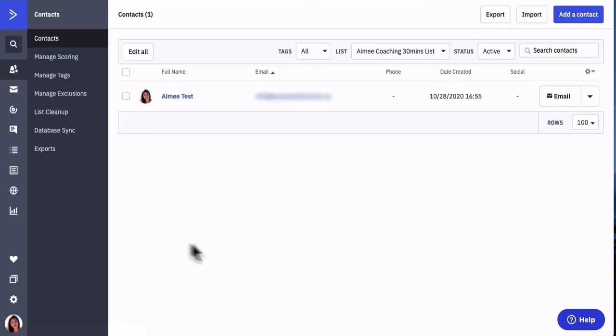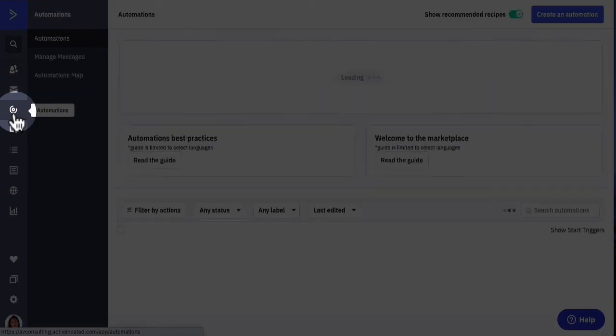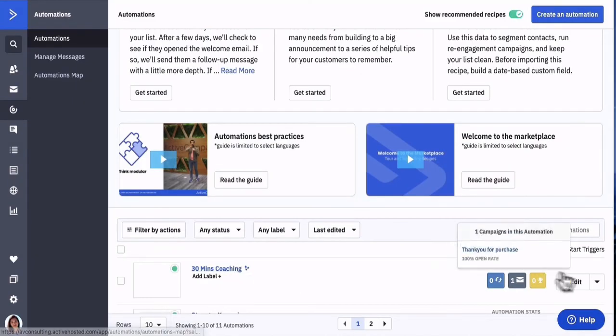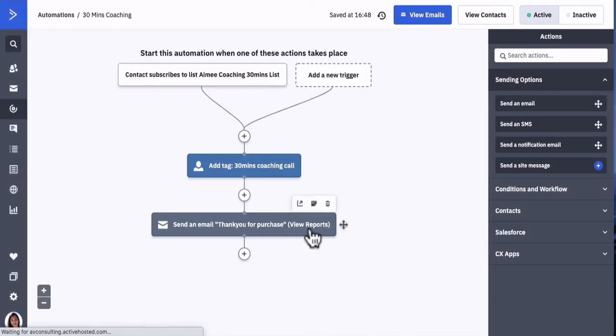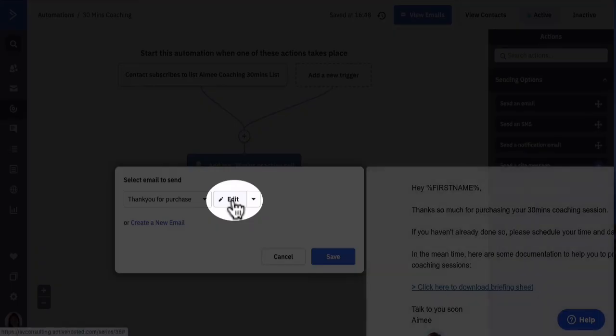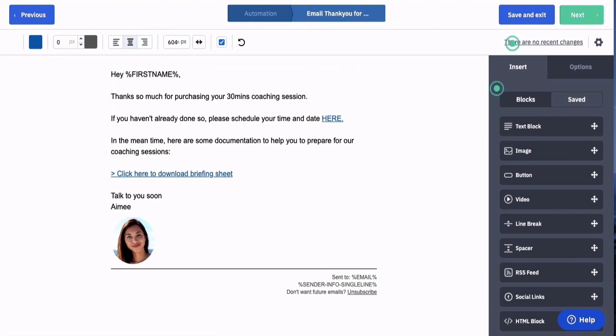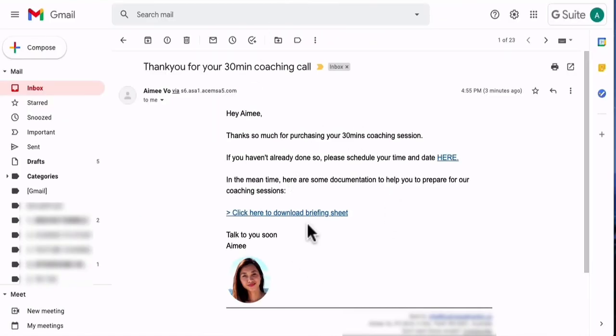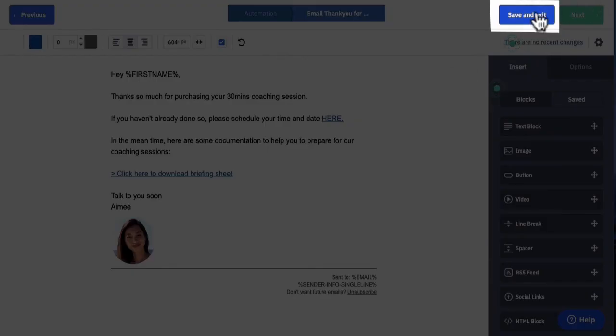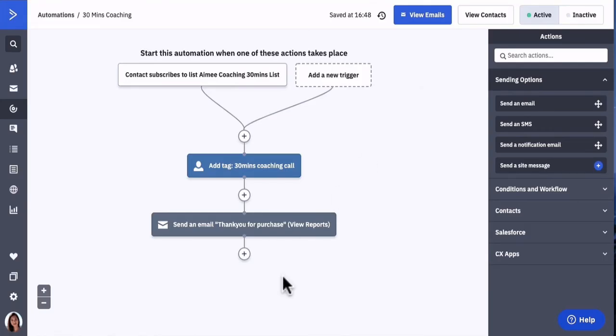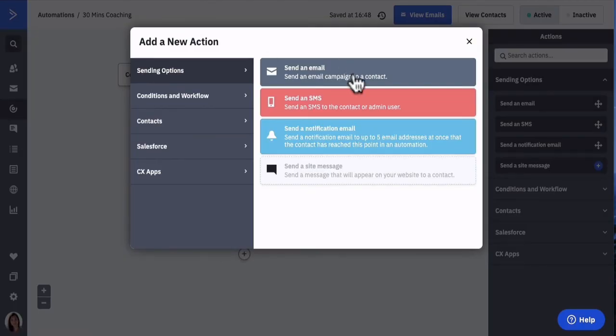Let's head back to ActiveCampaign and click on Automation. This was the email automation. I'll click on Edit, and to cross-check, click on this, click Edit. So you can see here that the email copy that I have on the first email is exactly the same email that was sent to me immediately. I'm going to click on Save and Exit. And guys, you can click on this plus email, send another email, have a follow-up email sequence inside of ActiveCampaign, and follow up with your customers.